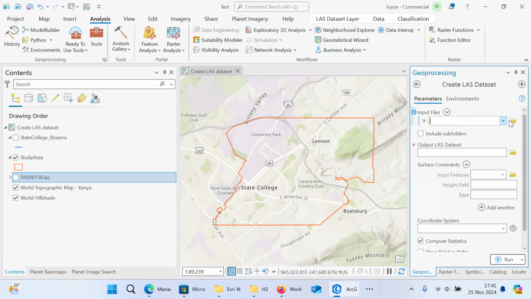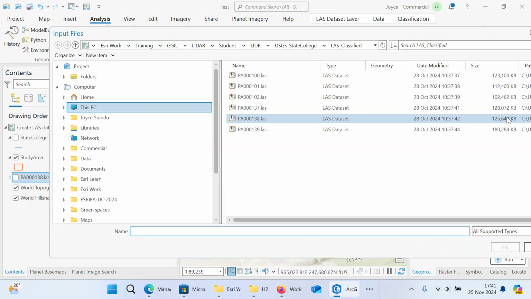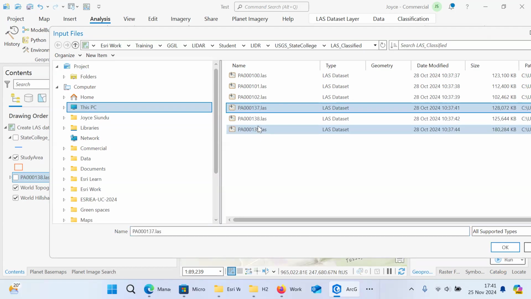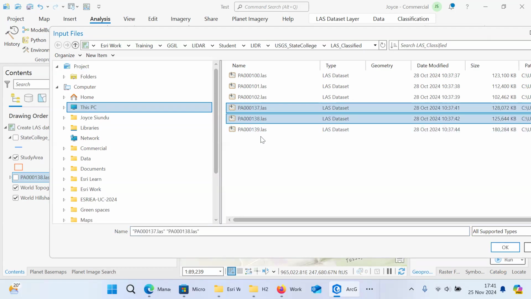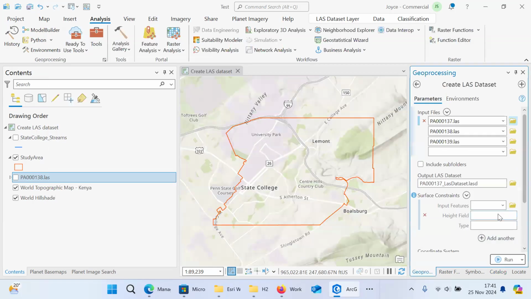For input files, we're going to click on the folder browser, then we select our 3 files that we want to add, or rather work with. So I'm going to select 3 files, and by simply clicking on the Control button and selecting them one by one, I'm working with 137, 138, and 139. After I've selected all the files that I'm interested in working with, I click the OK button,